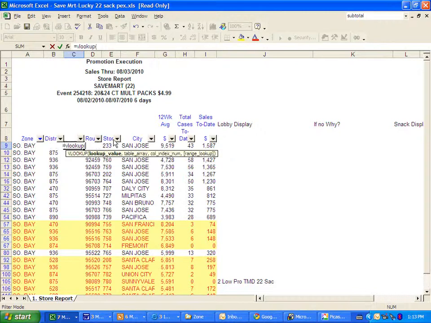I'm then going to open a parenthesis, and then it'll tell me, hey, what's my lookup value? What do you want me to look up? That's in bold, and you'll see it right here. And what I want Excel to look up is this district number. So I'm going to say VLOOKUP this. Oh, no, it's not there. I want it to look up in cell number B9. Okay, great. It's going to look up there. Then it's going to, oops,